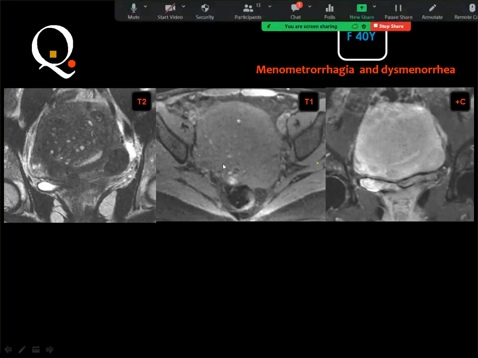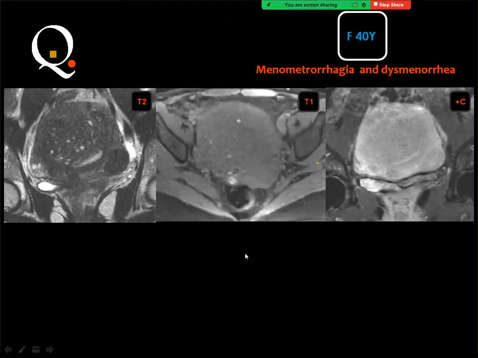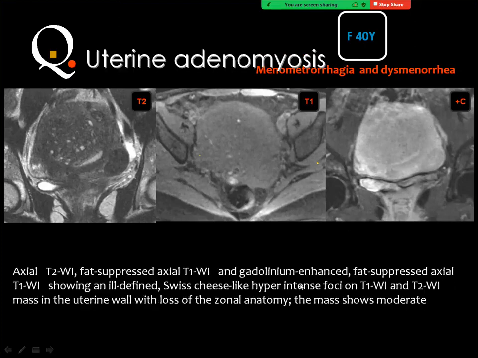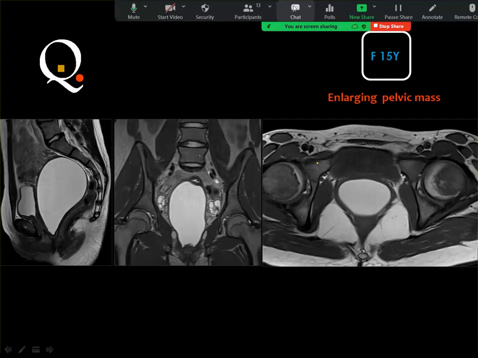T2, T1, and T1 post-contrast. Adenomyosis is the right answer. And you may see also some uterine fibroid, but the main bulk of the lesion is that one, and it contains, as I have said, bright foci in the T2 and also bright foci in the T1, and it will enhance with contrast material. Then the next case is a 15 years old female with enlarging pelvic